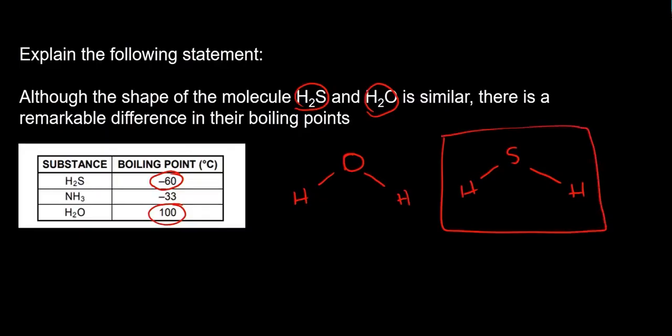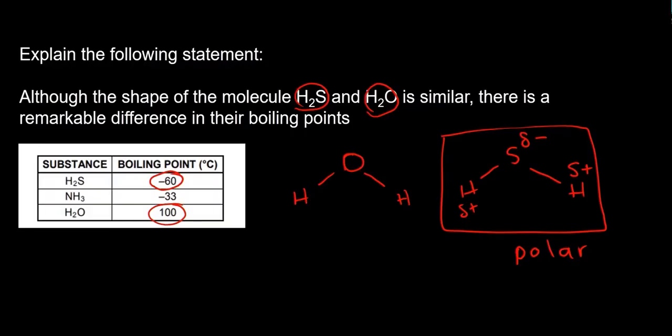So this molecule here is going to be a polar molecule for sure. This is going to be delta positive, that's going to be delta negative. However, it's not going to be as pronounced and so different as compared to the water. How are we going to write this down? Because we do need to write it in words. And so we're going to name it: hydrogen bonding